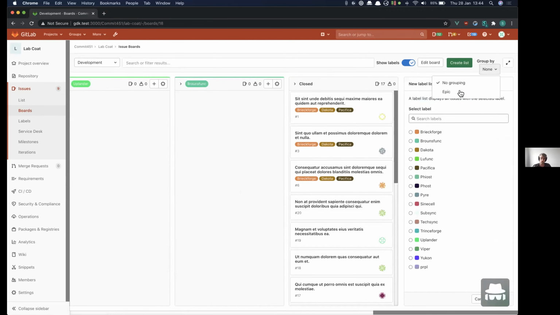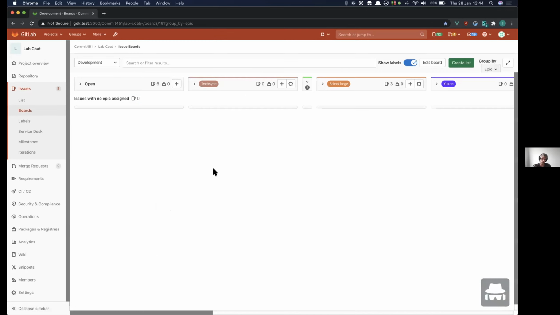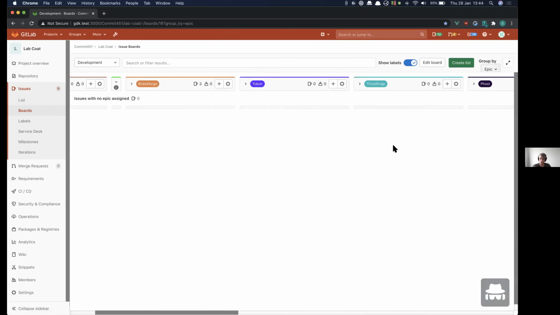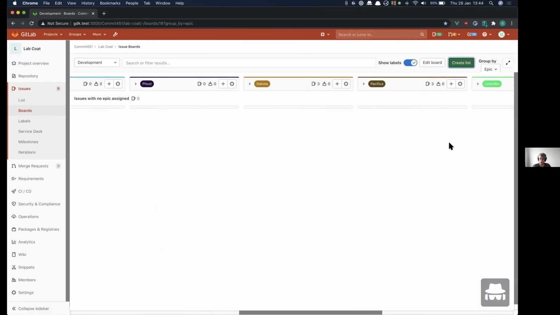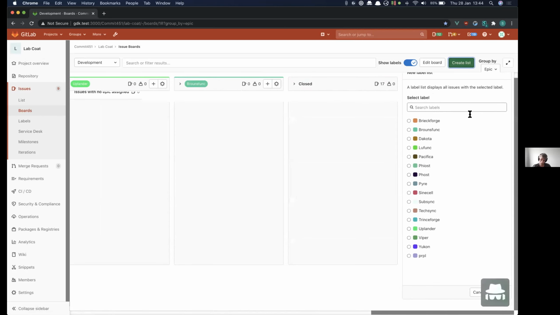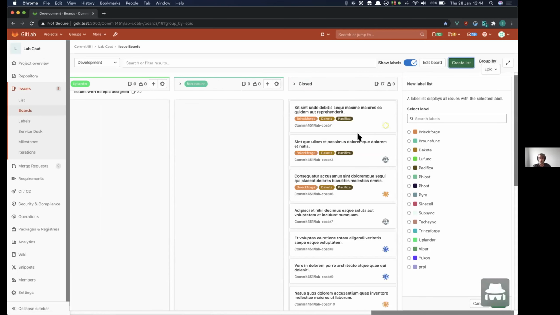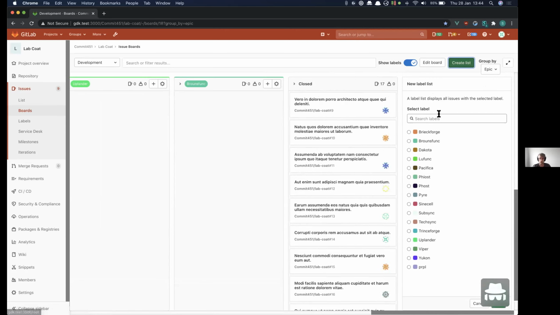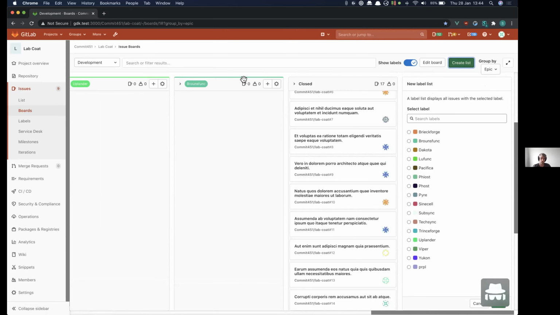And yeah, it's also in epic lists. I need to fix these scroll bars, but it just sits over on the right. This one doesn't auto scroll yet because it looks a little different. But other than that, it behaves the same and it just sits there. And that concludes the new list demo.